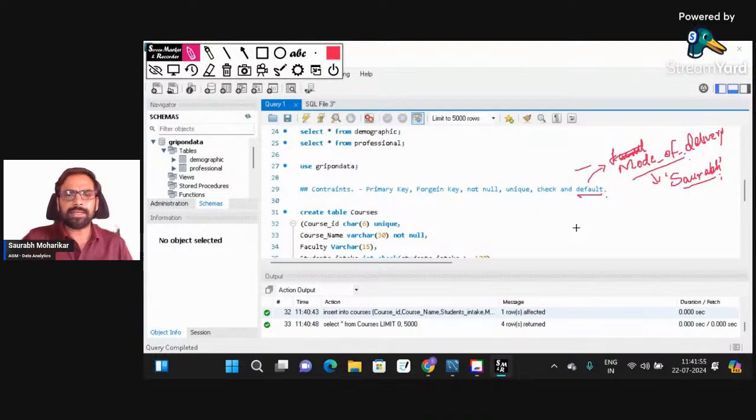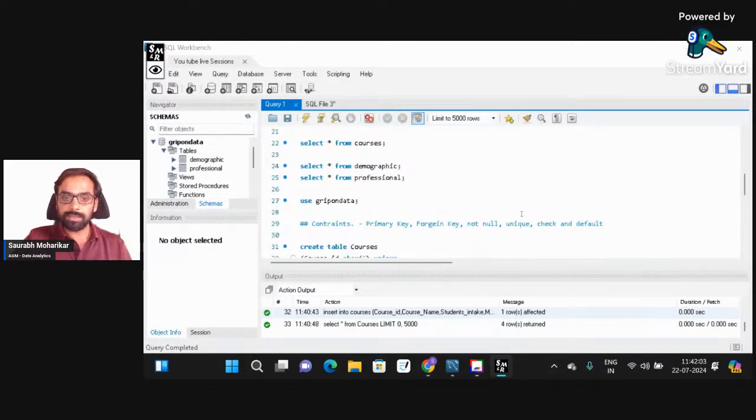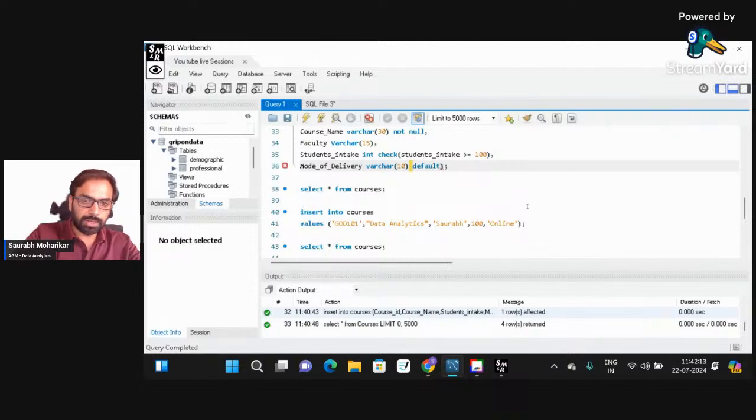So I think ये null value को cover up करने के लिए काफी काम आ जाती है इस तरह की चीजें. Okay, now when I go and rerun the code again, right, पहली बात तो मैं ये वाला जो कोड है, यहां पर फिर से ये mode of delivery पर मैं क्या करता हूं, मैं constraint देता हूं default, और जब मैं default constraint दूंगा तो default space करके मैं यहां पर लिख देता हूं सौरभ, सॉरी, not सौरभ, mode of delivery में मैं लिख देता हूं ऑनलाइन, sorry my bad,